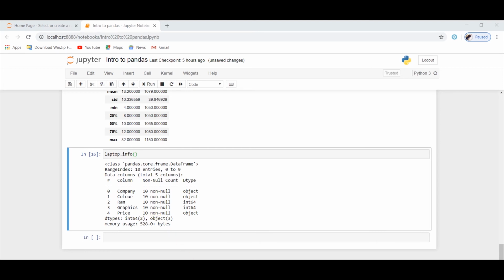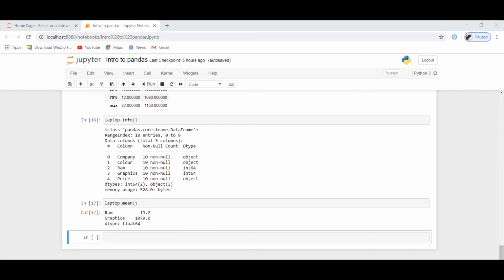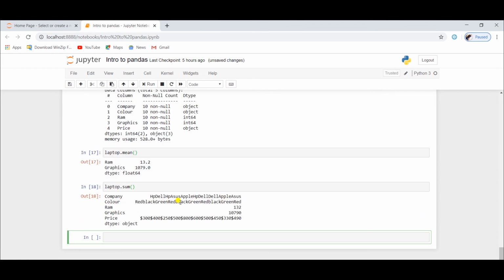Now let's see another one, that is laptop.mean. By running laptop.mean, shift and enter, you can get the mean of RAM and graphics, the 2 columns which are integers. Now let's see laptop.sum. It will give the sum of the integer columns, and the string columns are concatenated with each other.